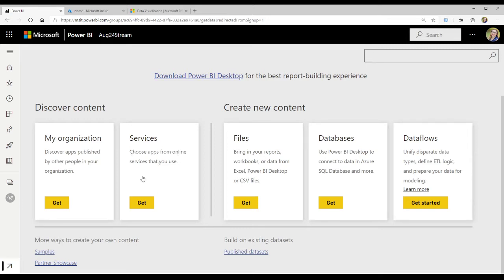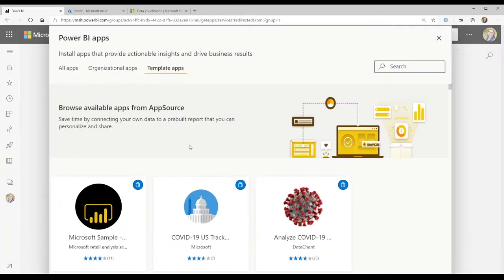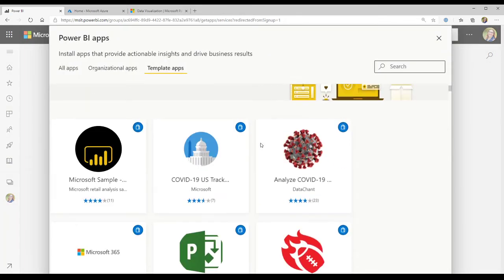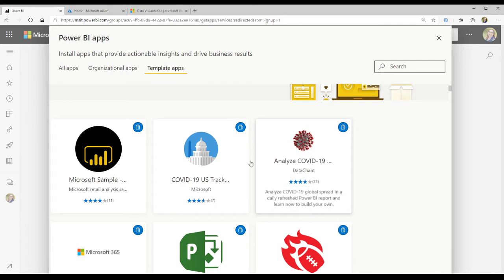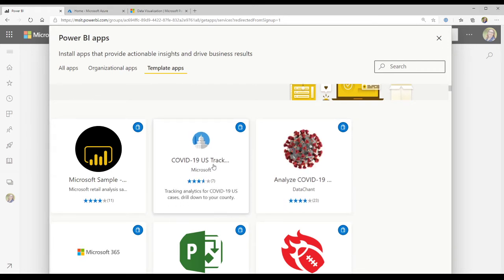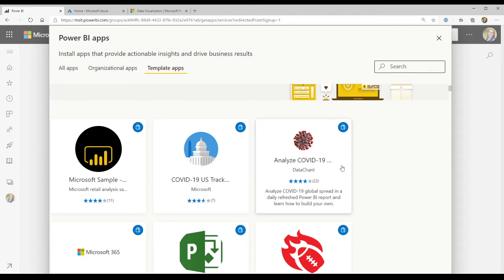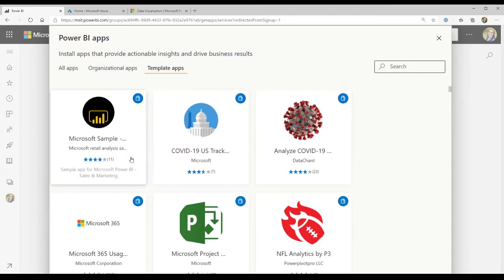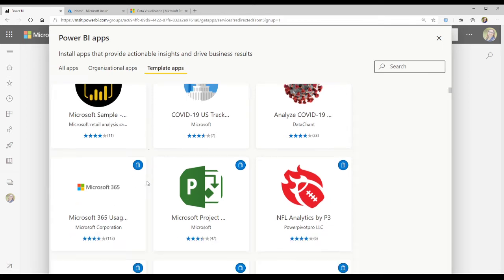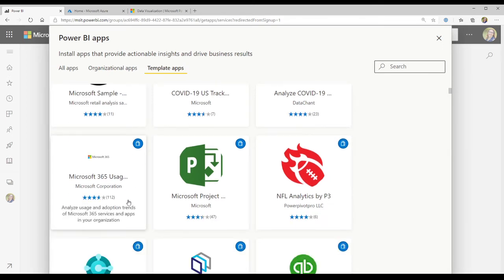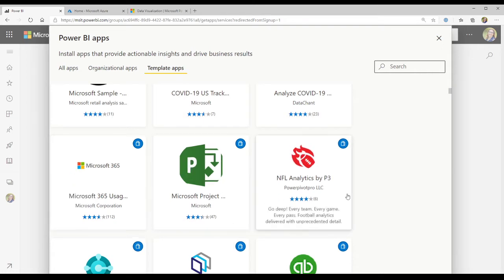But this is the one that I think is just really phenomenal. This is bringing in data from apps, from online services that you might use. So if I click on this, I get a pop-up that has a few template apps, which is kind of cool. So if you are into, for example, COVID tracking, we have some sample data sets from there that you can start to just build reports around and start to understand it a little bit better. We have a sample retail analysis, M365 usage if you're doing something to try to track that kind of usage,